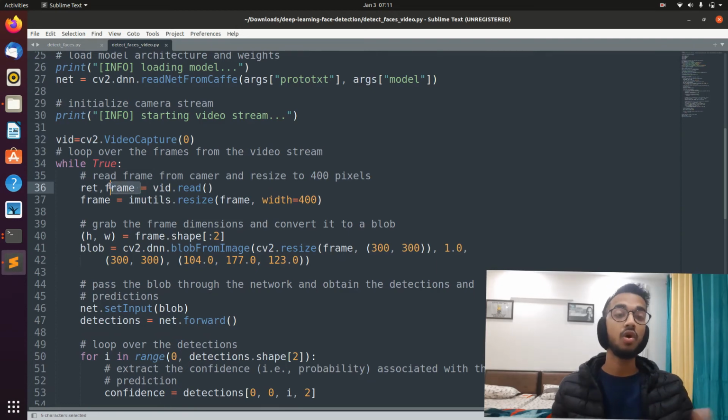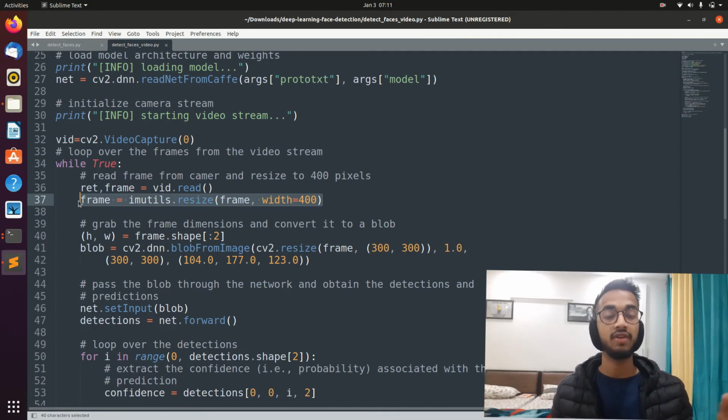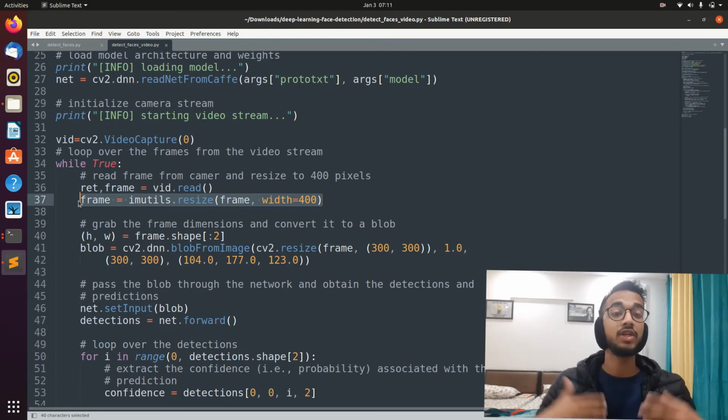Now before doing all the stuff that we just did, we're going to resize it to 400 because based on different camera objects or different video sources, you're going to get different dimensions. So we're going to make it the same and then do all the pre-processing that we just did. And when we resize it to 400, it also reduces computation. So if you're using a 720 pixel image or a 1920 resolution image, then the computation is going to be more. So this is just going to save us some time.